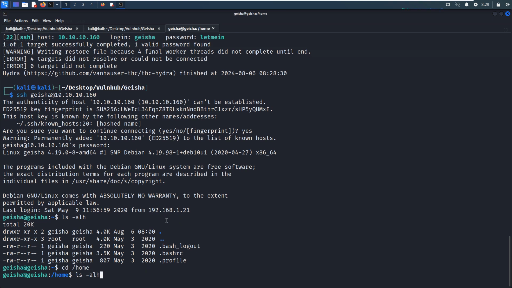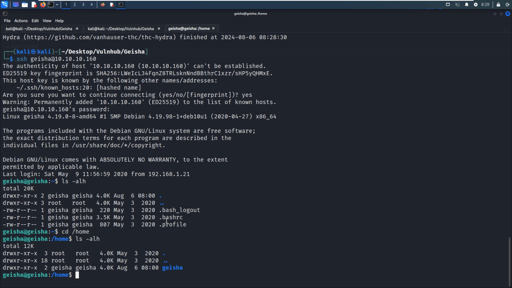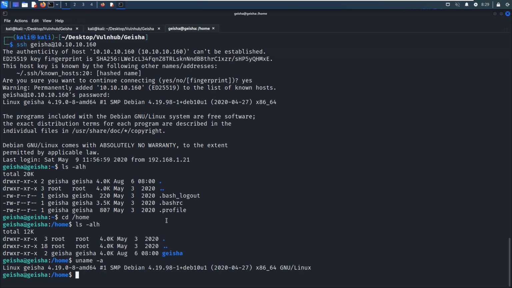First of all, we need to know we are just one normal user, and also we can check the kernel. I have already mentioned many times this kernel is a bit hard. I never found a good exploit for this version of the kernel.